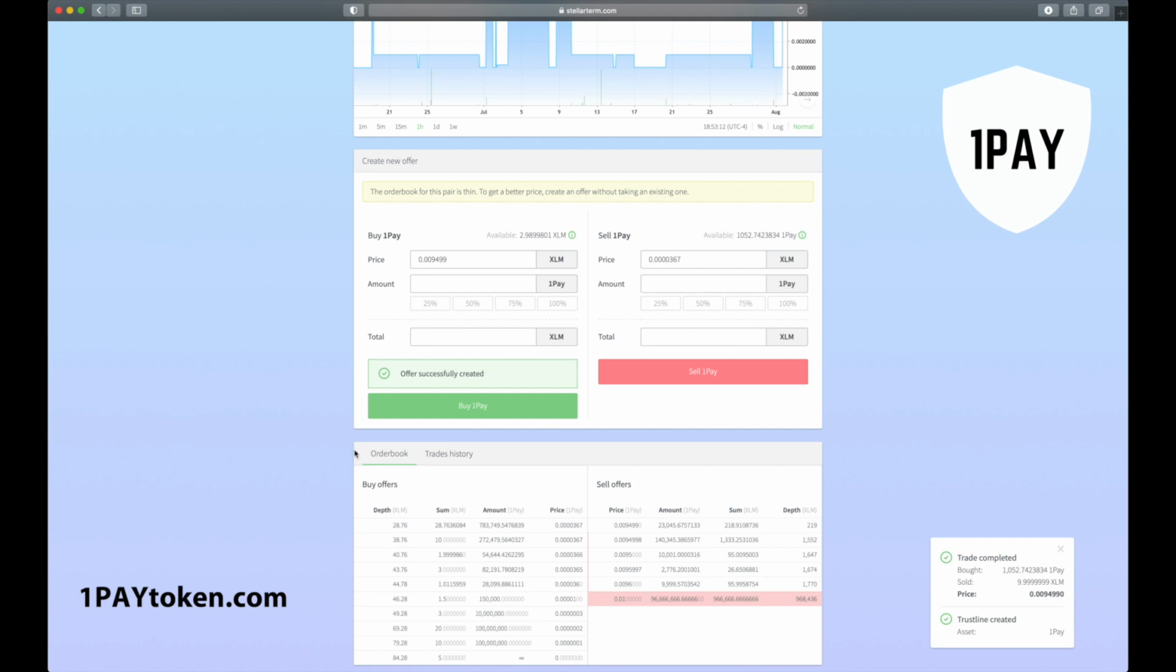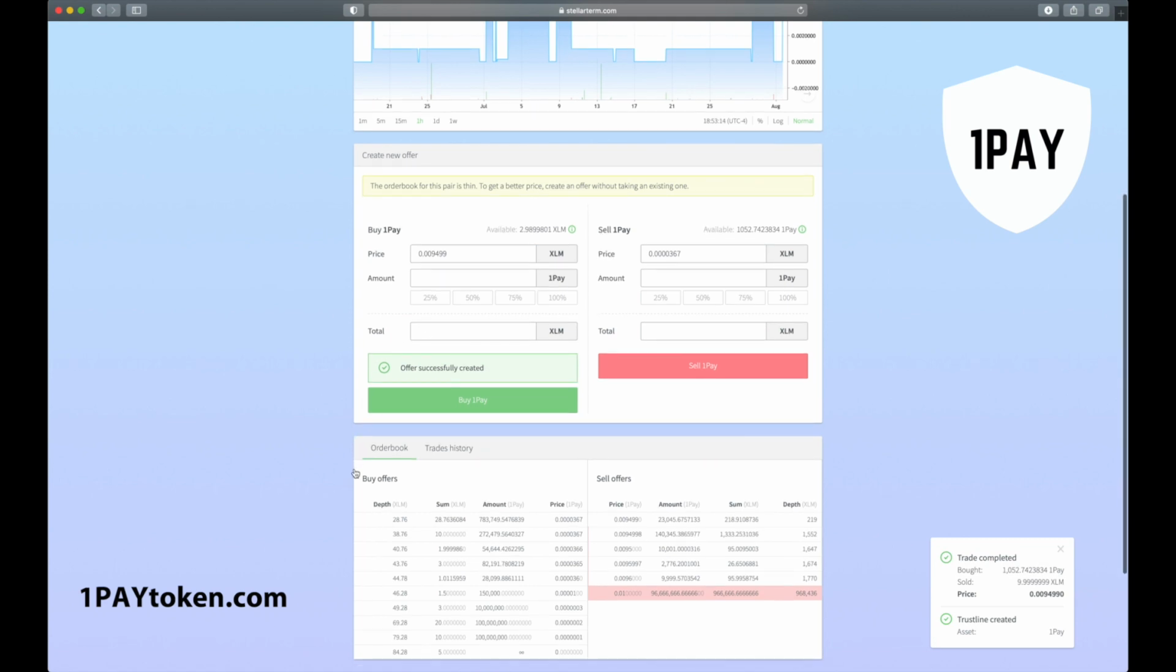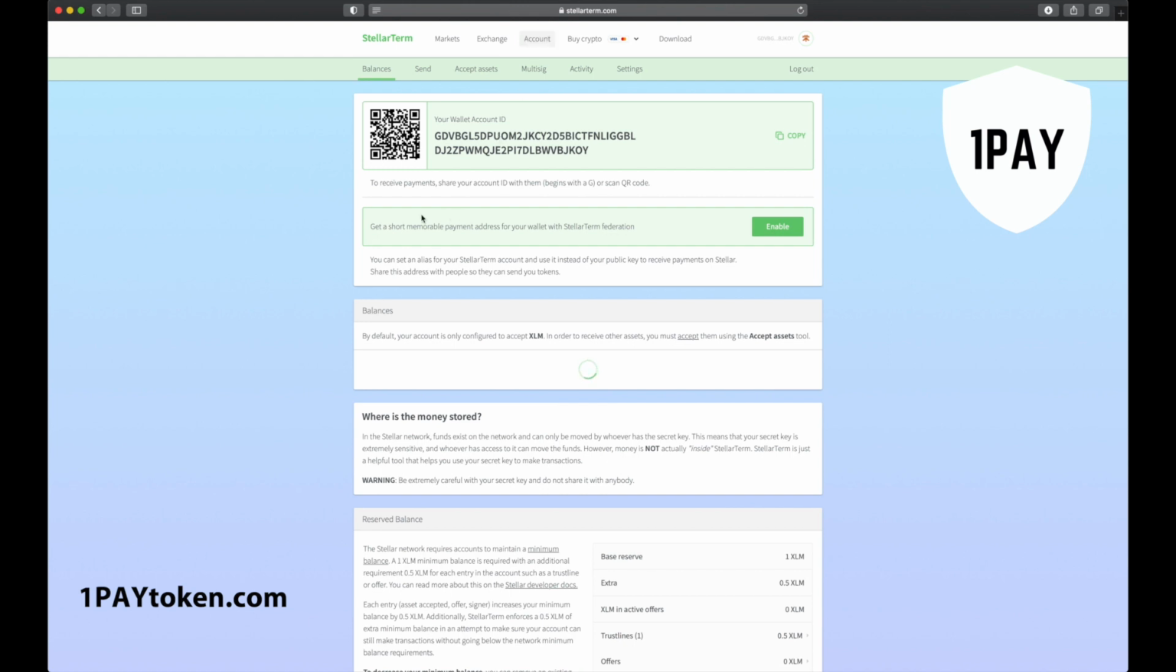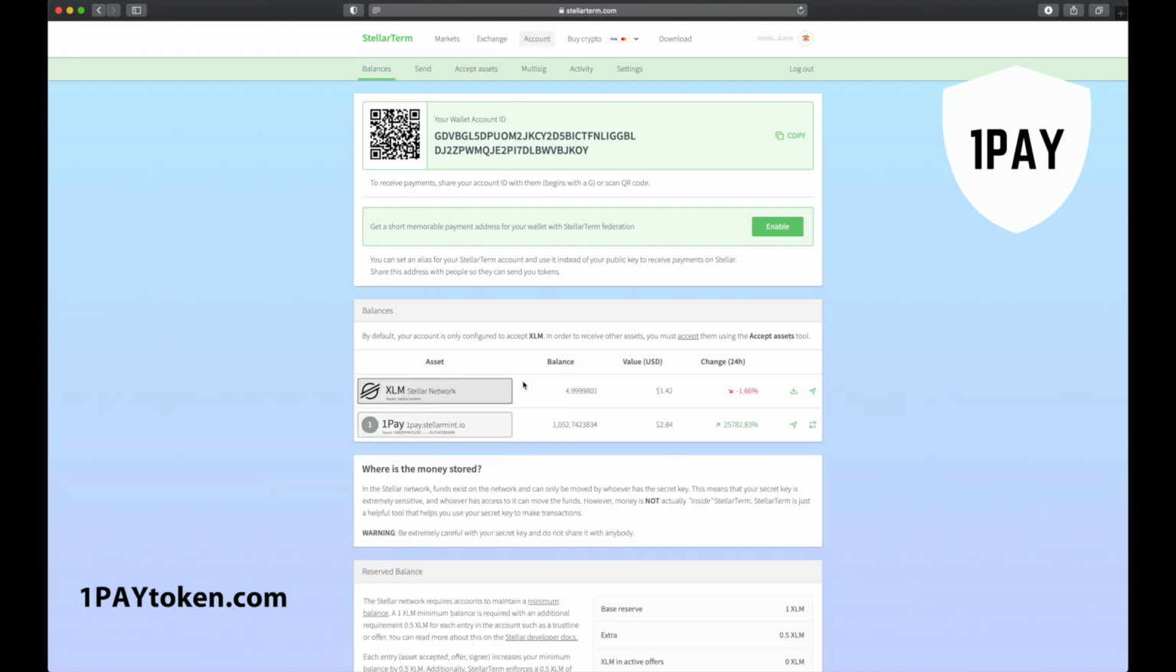After all the celebration, let's verify our OnePay purchase is in our account. Click on the Account button from the top menu and wait for the StellarTerm account page to load. You can now see that our XLM balance is at 5 XLM and that we now officially hold 1,052.74 OnePay in our Stellar Wallet and StellarTerm account. Congratulations, you did it! You successfully purchased OnePay and now hold the future of cryptocurrencies in your Stellar Wallet and